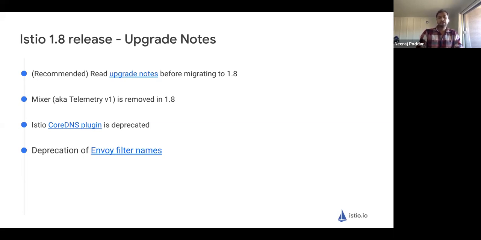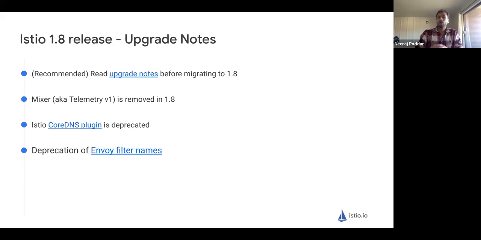The second thing which is deprecated is the Istio Core DNS plugin. This was a plugin that was added to enable DNS proxy, DNS request interception and resolving for some specific addresses, like addresses ending in .global for multi-cluster routing. This plugin itself was not very well maintained. And in Istio 1.8, we have added the DNS interception in the proxy. So we decided to deprecate this officially and move users over to the new mechanism if needed.